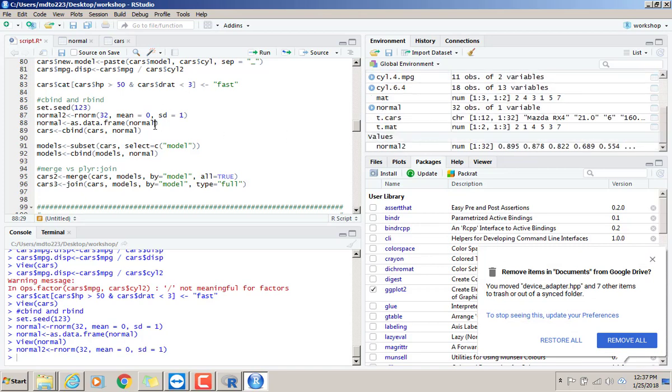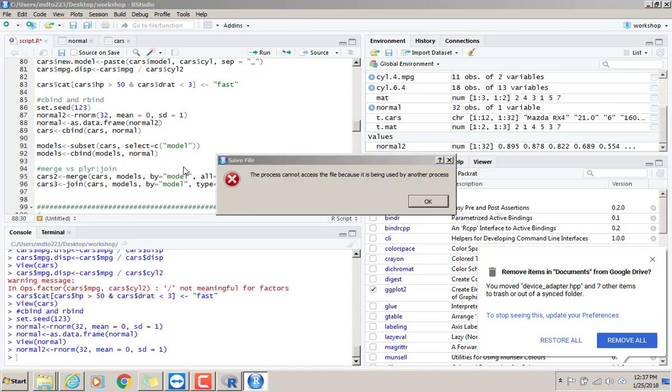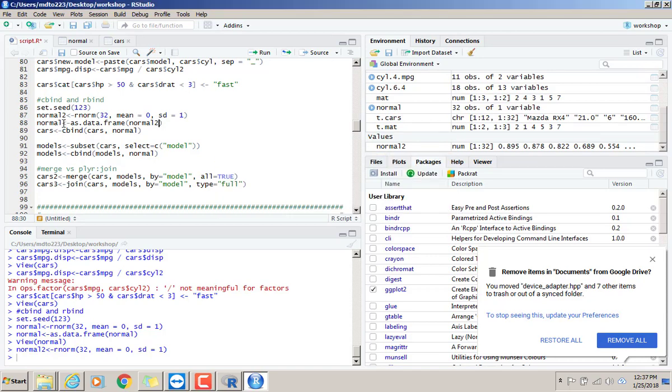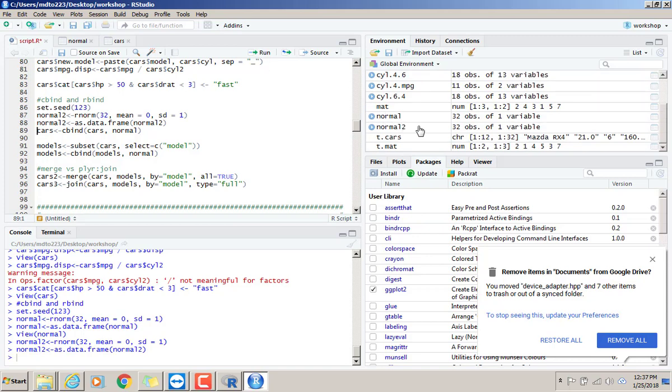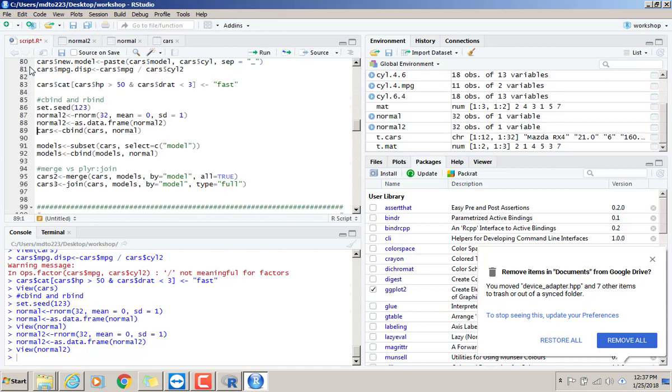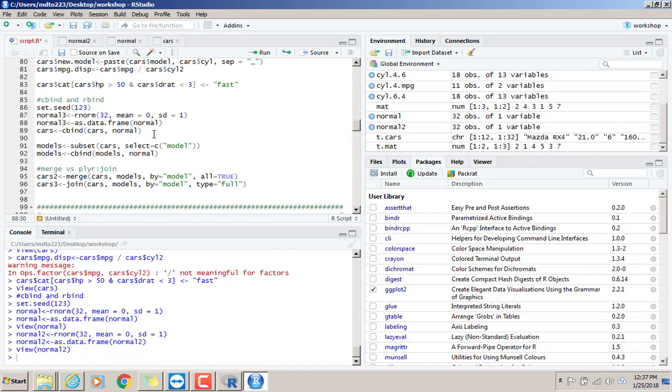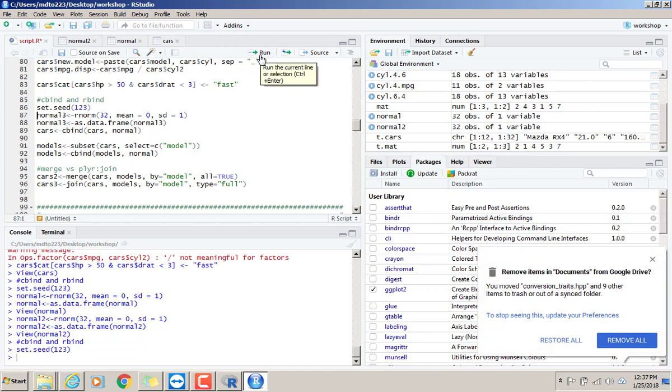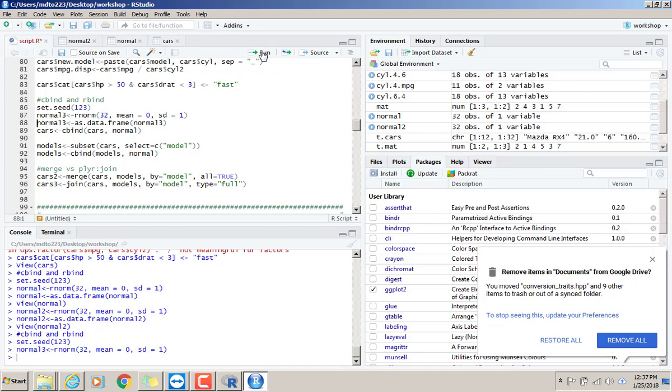Let's do this. So normal 2 is that. Yeah, that's the second seed. But the first time I do it, if I go back, let me do a 3 now, only so we can keep our numbers straight. Okay. So if I reset my seed at 1, 2, 3 and redo the norm, and I'll do normal 3